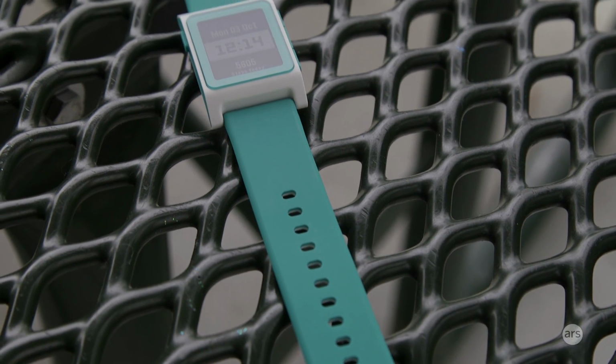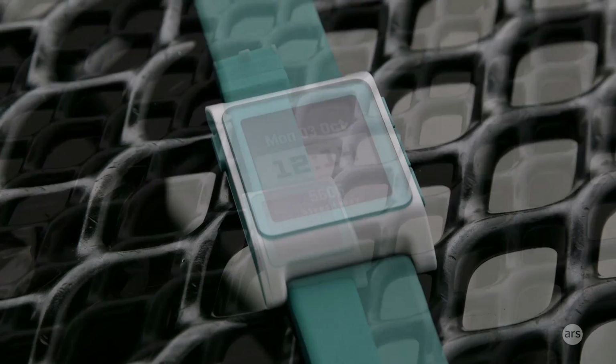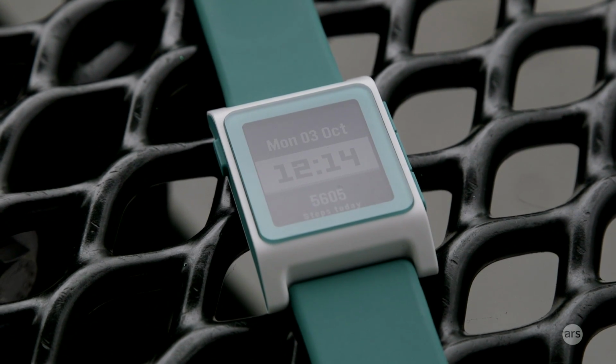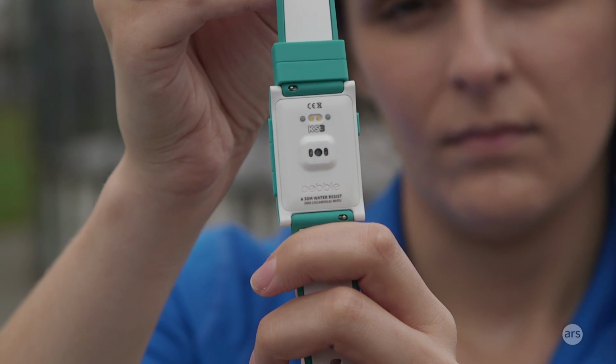Hey guys, this is Valentina Palladino for Ars Technica, and today I'm here with the newest Pebble watch. This is the Pebble 2 Plus HR. This is the first watch that Pebble has ever introduced that has a heart rate monitor built into it. It's an optical heart rate monitor, much like the other heart rate monitors you'll find in any smartwatches or fitness trackers, but it's still a